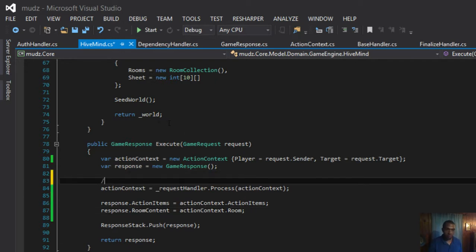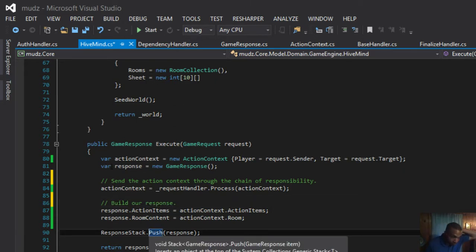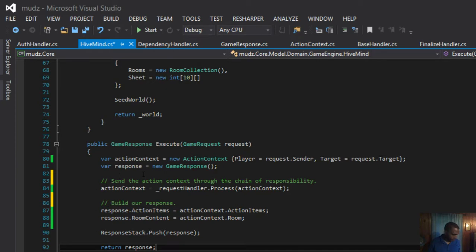All right, so send the action context through the chain of responsibility. Build our response. And then for the last step, we go ahead and push that response onto our response stack, and then return it back out.